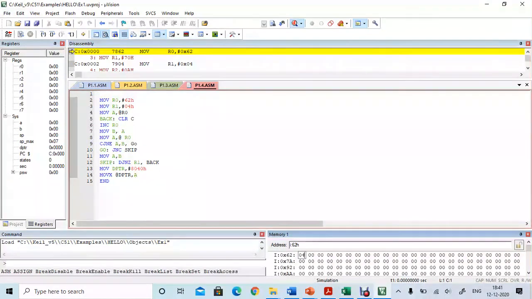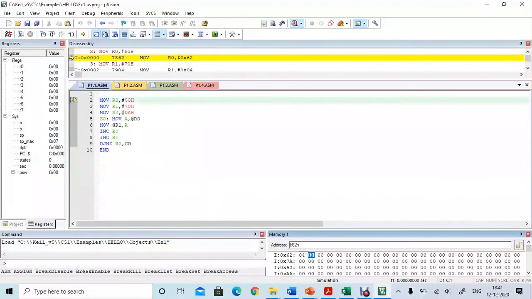We have to find the largest number, so 5 memory locations need the input to be given. The 5 inputs are given to the 5 memory locations 62 to 66H.